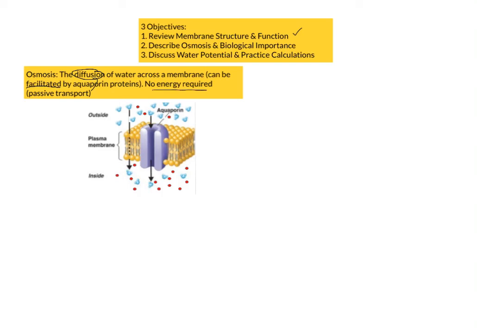So this figure right here summarizes that description. And so what we see here is the plasma membrane. The water molecules are indicated in blue. And on the left-hand side, we see water that is diffusing through the membrane on its own, going from an area where there is high water concentration to an area where there is low water concentration, just like any other